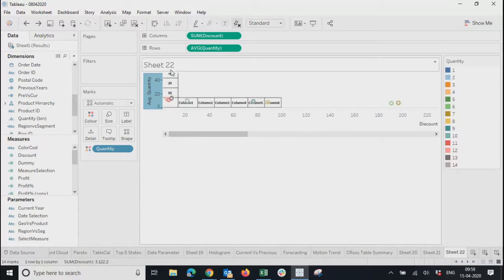So over here you can see our image is in the background, and the numbers which we have plotted, I mean, quantity on y-axis and discount on x-axis. Right, so it is in the background we have taken the image, and on top of that we have taken, sorry,